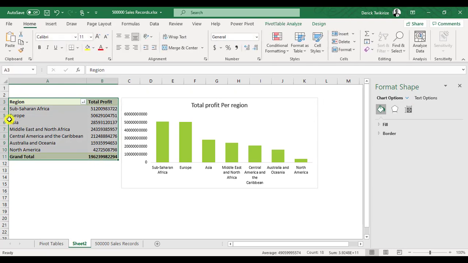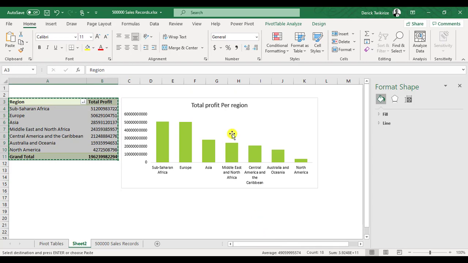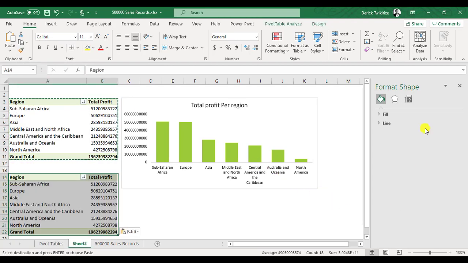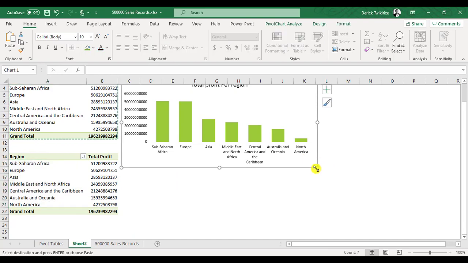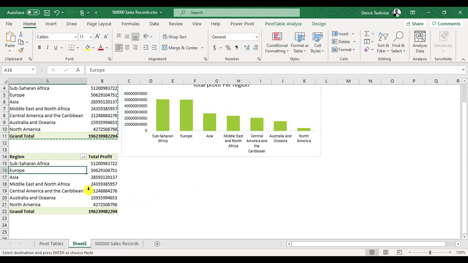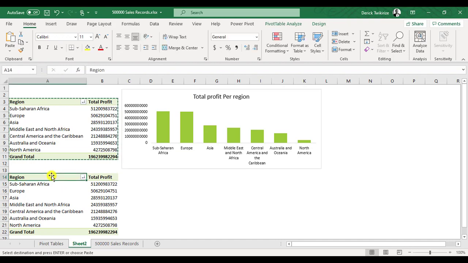To create another report, we simply have to copy this pivot table and we can just put it here. Remember, this is not advisable, but for this particular lesson we're just demonstrating, because I explained the issue of overlapping in my previous videos. Here we just want to show you a simple report. Now, this time